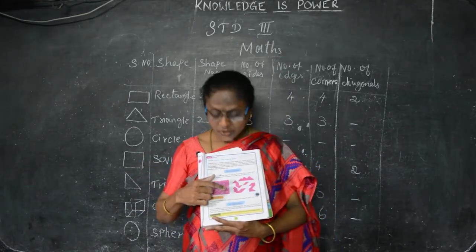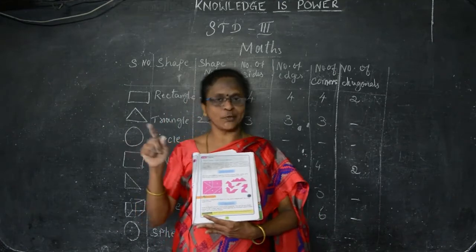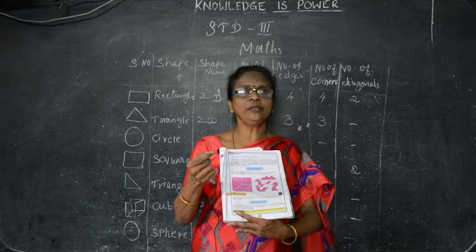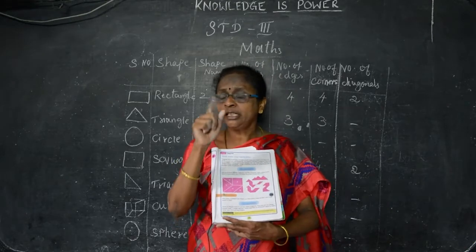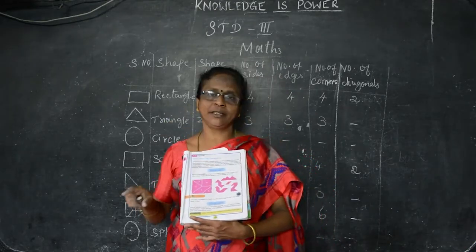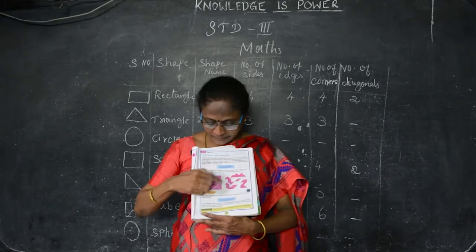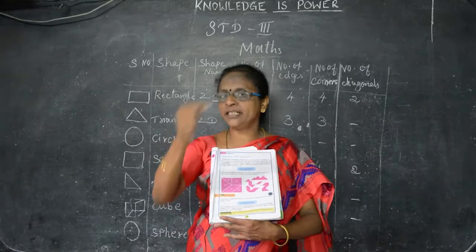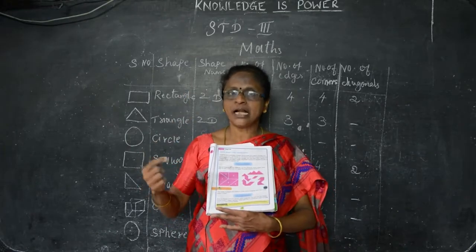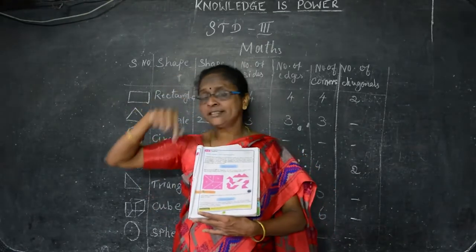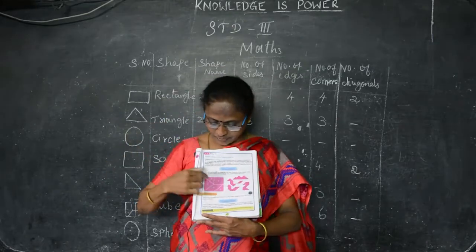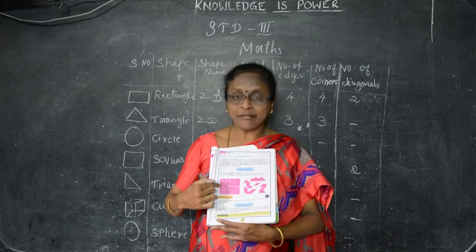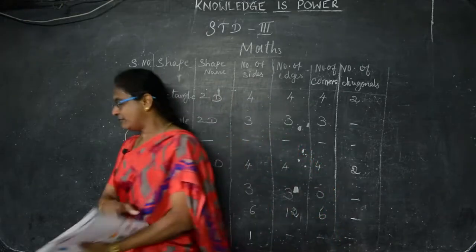Okay children? So take one paper and make it as a square. You know how to make it as a square. I have already taught you. You have been doing the ship. When you make a boat, you take a paper and fold it as a square. Okay? You can take a square paper like that. If you fold that square paper 2 times, one center line will come. And again in the corner, 2 diagonals, right? So you fold the 2 diagonals, 4 diagonals, and half of the diagonal on this side will be the one. Like this. I will show you now.